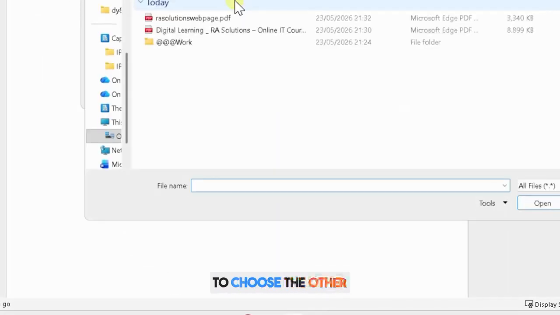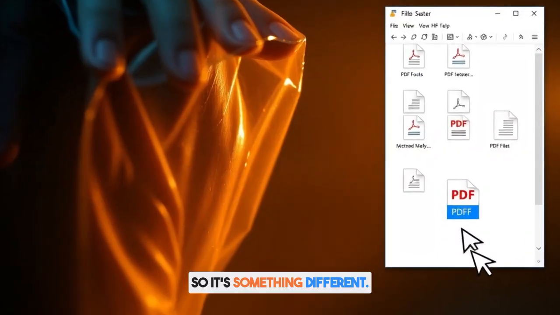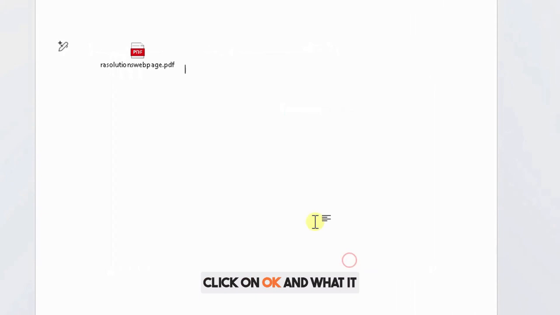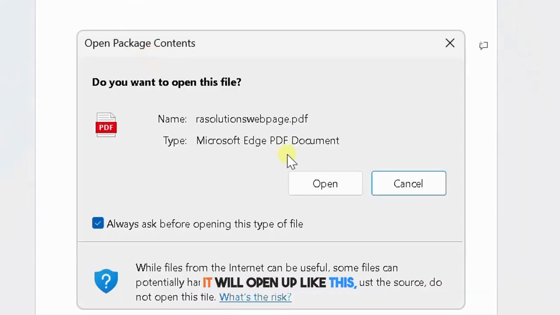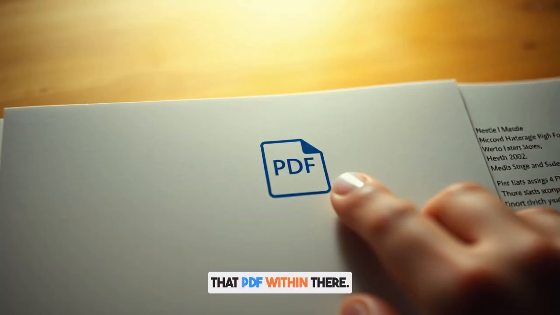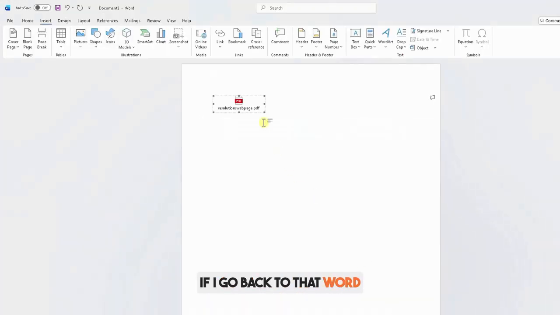and we're going to choose the other PDF this time, just so it's something different. Make sure these two are unchecked, click on OK, and what it will do is embed that PDF as an icon within it. But when you do double click on it, it will open up like this, that PDF within there. There is a third way of doing this. If I go back to that Word document,